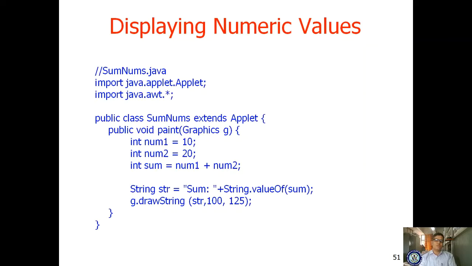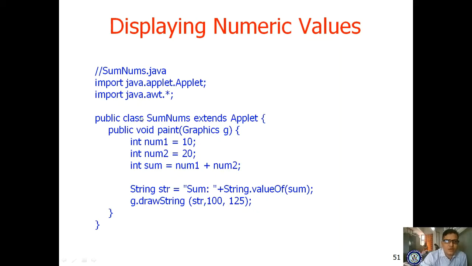Now this is the sample program we are displaying. Till now we have displayed some static information where you are not interacting. This is also static information, using your applet. This program defines the summation, the addition, of two numbers. For this, let us see what we are doing. Import java.applet.Applet. We are importing the applet package, and next the awt package. The awt package is compulsory; we have to import it.